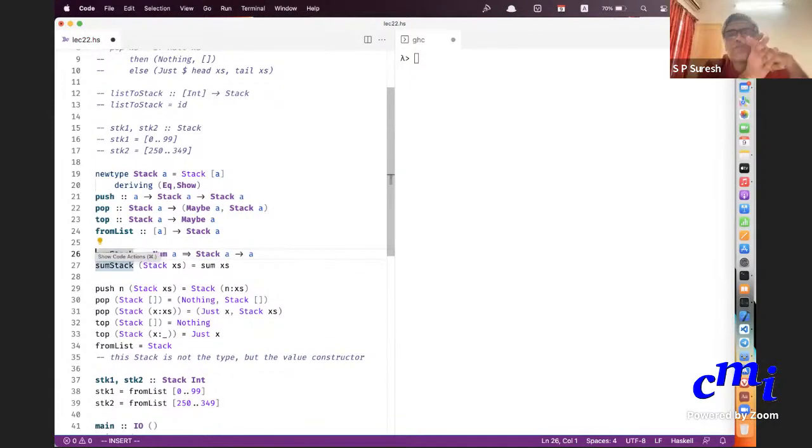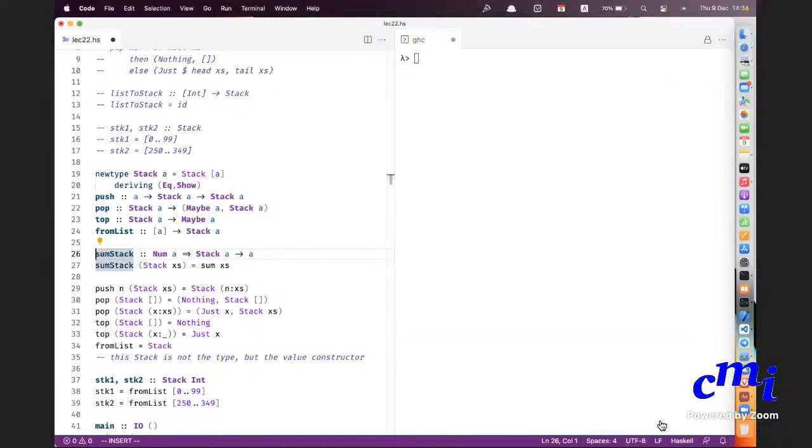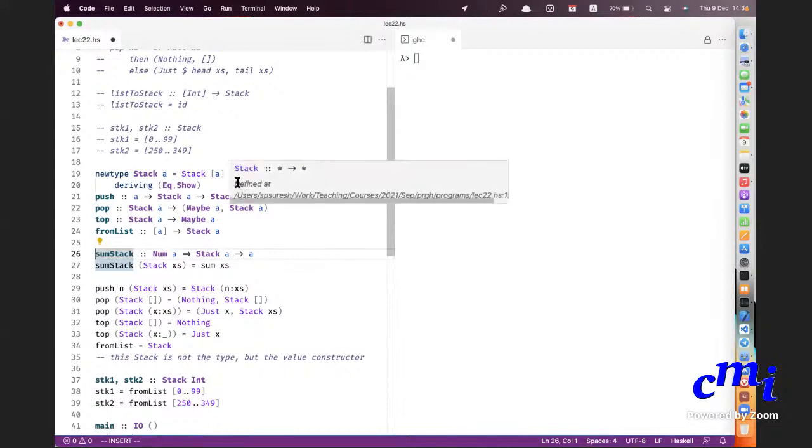If anybody else wants me to repeat this or has any questions about this particular point, please ask me now. I'll give you a minute. Sir, is there no way to limit the stack to only having values of Eq A?